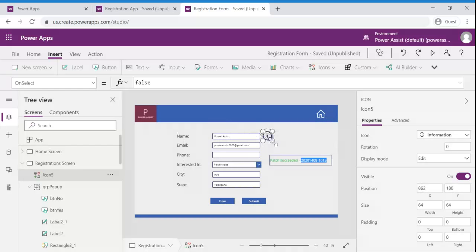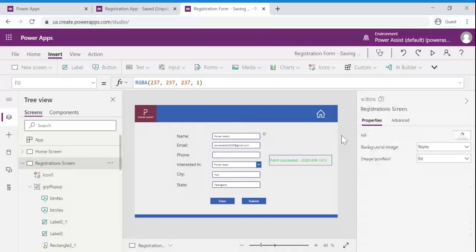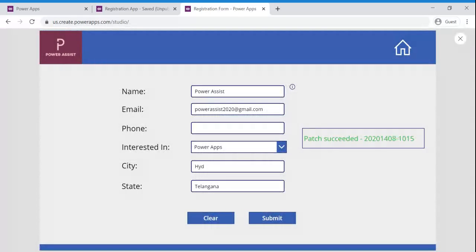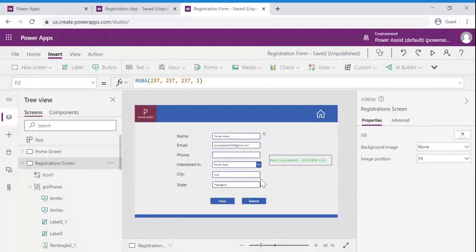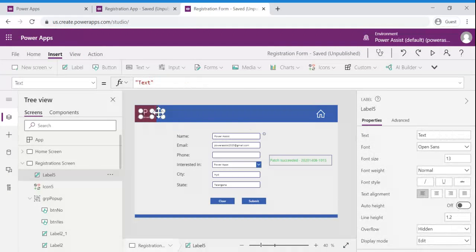In some cases, we may need to let the user know the purpose of a particular field input. Usually we see these kinds of icons, and when the user clicks on one, it gives us a pop-up and shows some information. So let us see how it can be achieved. For this purpose, I am going to choose a very simple label, and this can be beautified based upon the requirement.